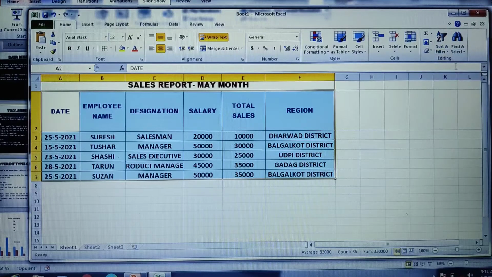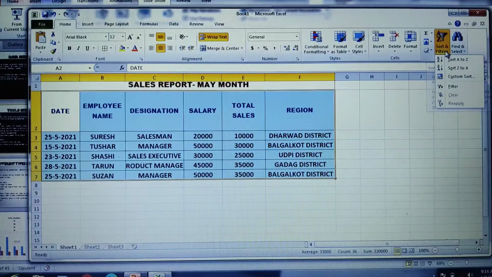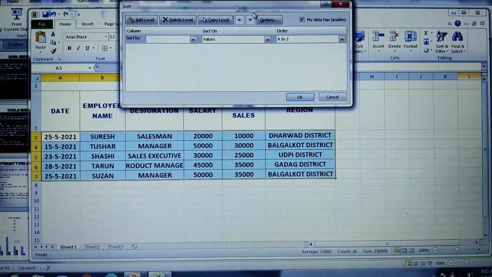Sorting can be done either in ascending or descending order. When you click on this, you have A to Z sort, Z to A sort, or you would like a custom sort. Custom sort, what is it? It will help you sort your table based upon multiple columns. So click on custom sort here.